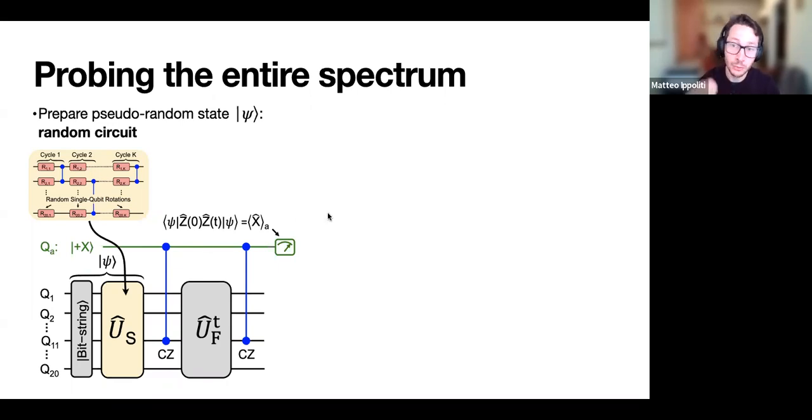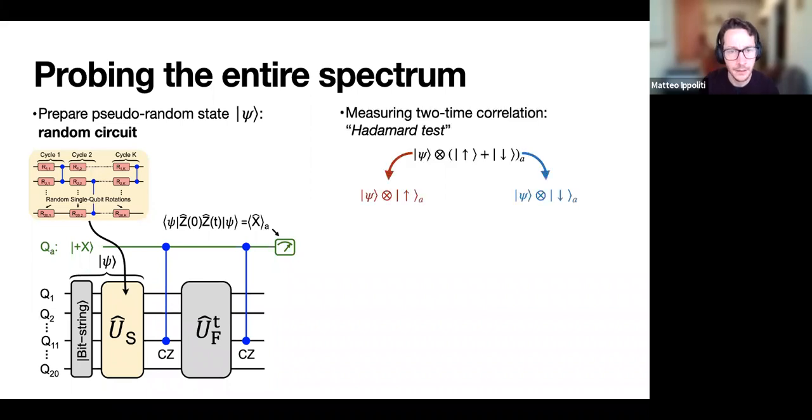But of course, to do this, we can take advantage of the programmability of this device and the fact that we have a 1D chain of qubits that's embedded in a bigger two-dimensional chip. So it's possible to bring in ancillas and couple them into particular places in our system. The way we can measure this two-time correlation function is through a version of a Hadamard trick, where we bring in an ancilla qubit in a plus x state, so 0 plus 1.